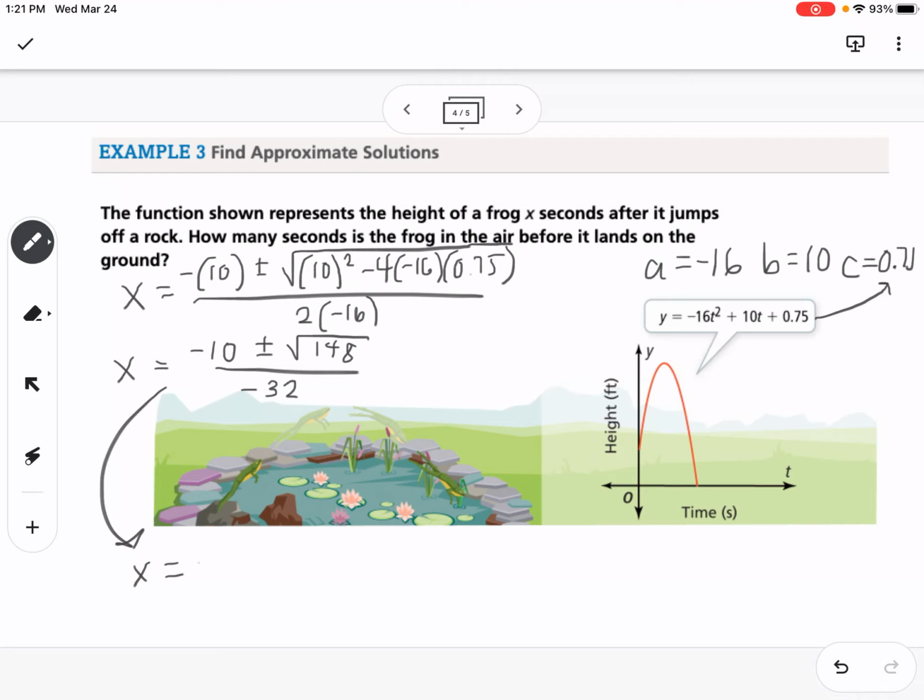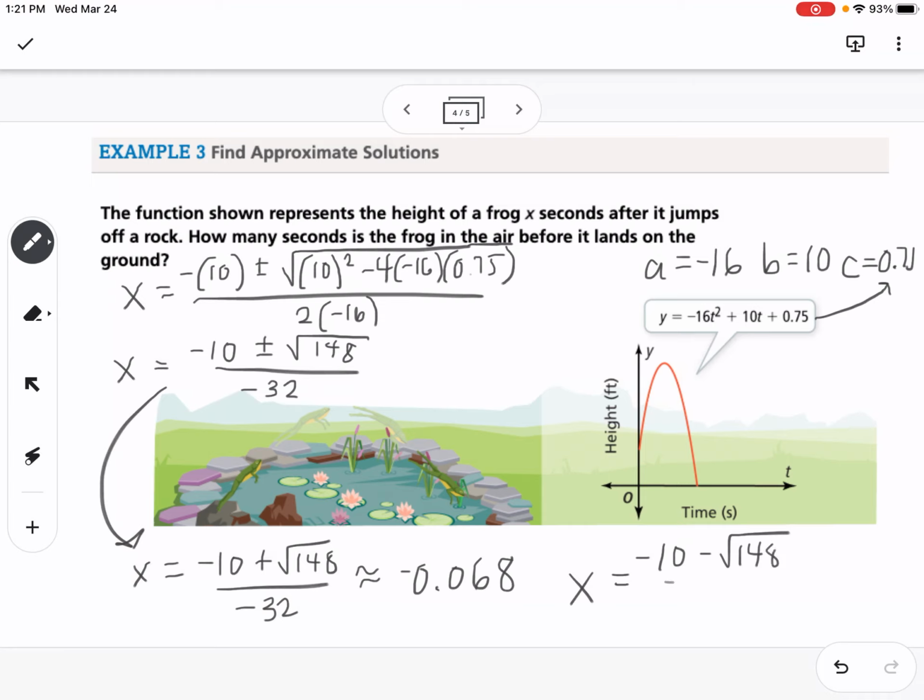So x equals negative 10 plus the square root of 148 over negative 32, and we get negative 0.068, and negative 10 minus the square root of 148 over negative 32, and we get approximately